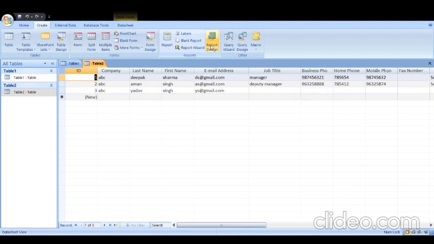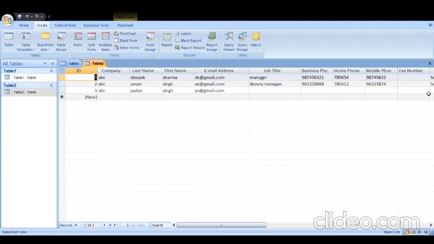So the other way is to create a table in Design View. Design view means according to your design, your choice, your requirement, because everybody has a different requirement for creating anything. So with the help of this Table Design, we can create a table according to our choice. Clear? In that way we can create a database.